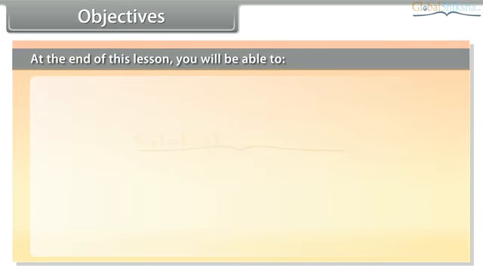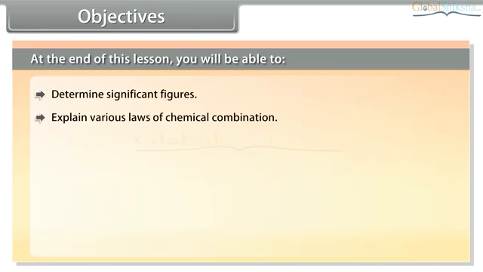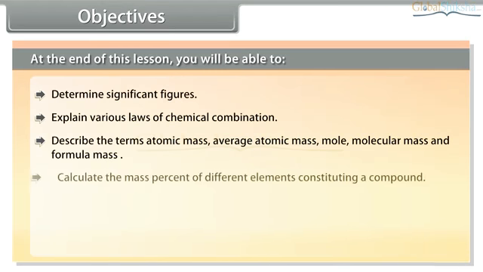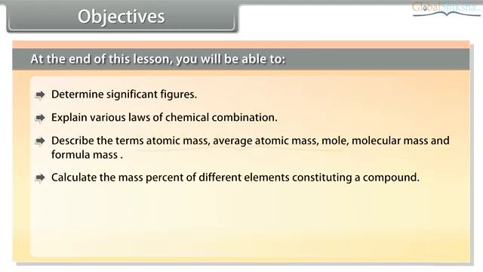Objectives. At the end of this lesson, you'll be able to determine significant figures, explain various laws of chemical combination, describe the terms atomic mass, average atomic mass, mole, molecular mass, and formula mass, calculate the mass percent of different elements constituting a compound,